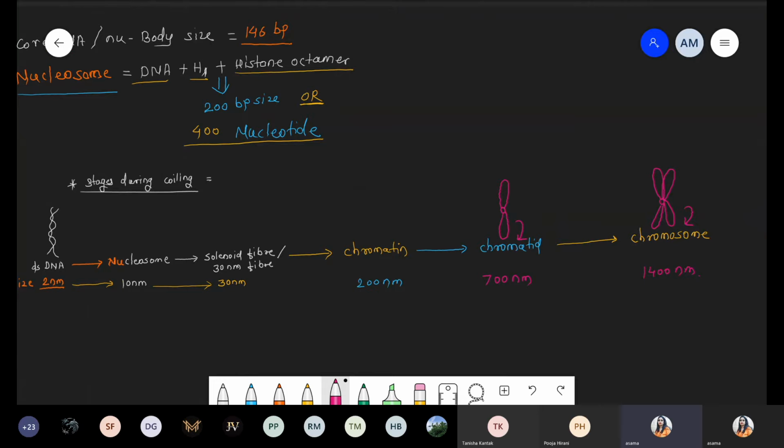Got this point? There is a question on how the double-stranded Watson and Crick DNA is converted into a higher condensation structure, the chromosome. These are the different stages from double-stranded DNA to chromosome. Got it? So cover this part, and if you have the NCERT book, you can open it and check the diagram, because it shows this. We are not taking the diagrammatic explanation because it will take a lot of time, and there is no question on the diagram. Okay, so this part is over. Then please tell me.